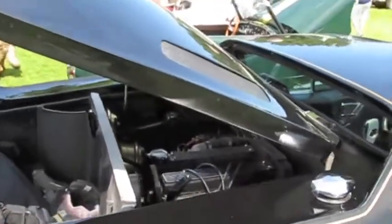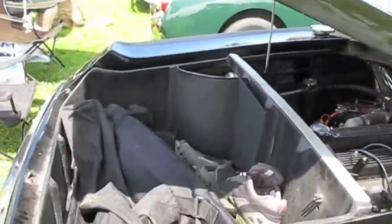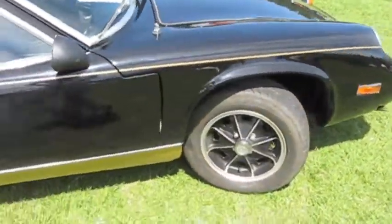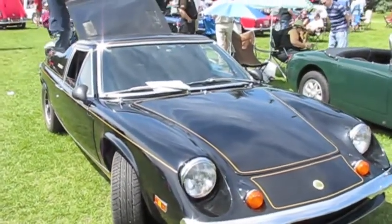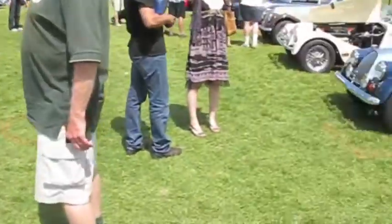Anyway, so we've got the Lotus twin cam engine in the back and transaxle behind that, and fiberglass body and galvanized steel chassis. So impossibly low, but what a neat car. I have a soft spot for these cars. They're a little bit of work to keep going, but they're a wonderful machine. Morgans,